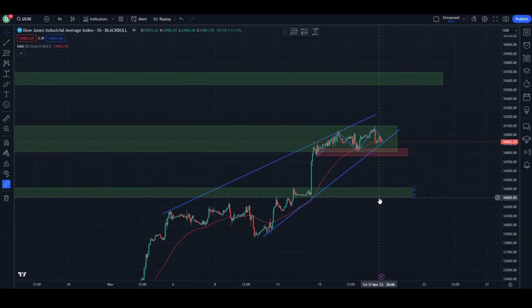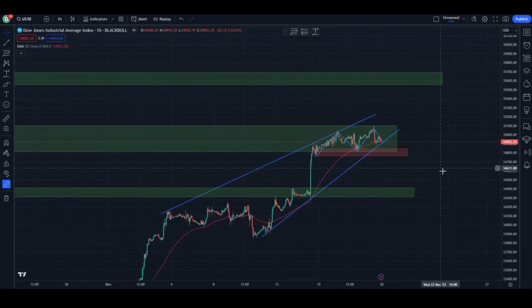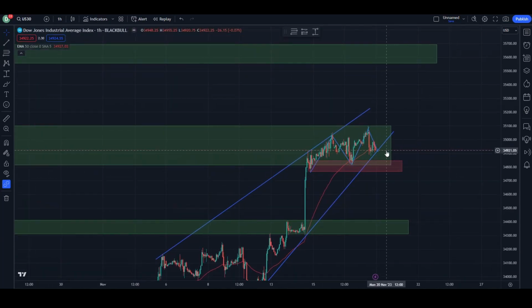If the price does all of that, the next target can be in the range between 34,400 and 34,300 over here, because the price is going to encounter a lot of support initially created back in the beginning of September. Now, even though there are circumstances which may give a strong selling indication, nothing is confirmed